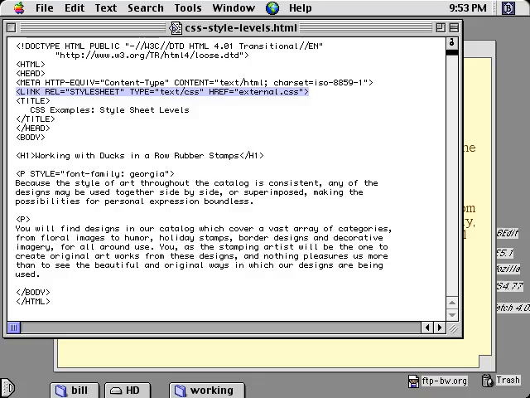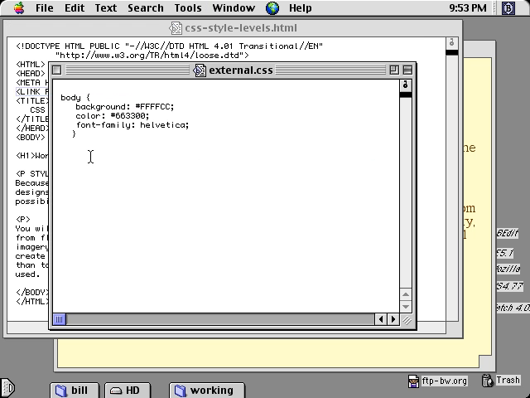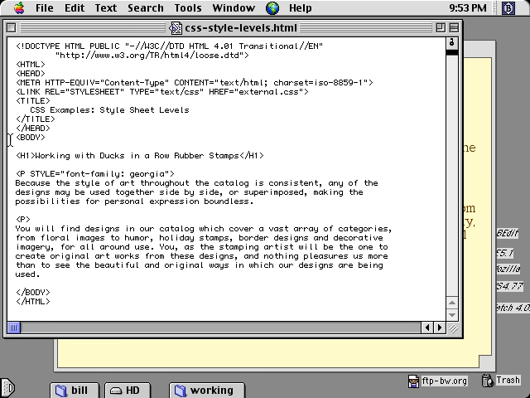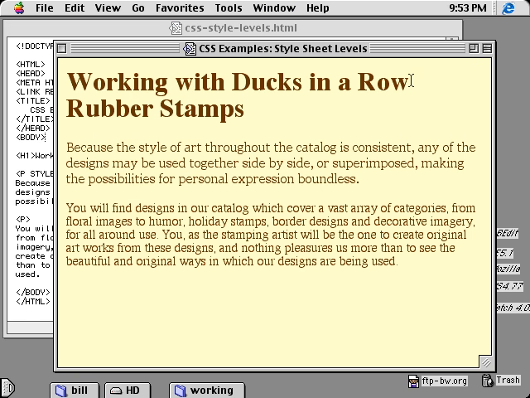Using the link tag, you're referring to an external CSS style sheet with an href attribute and the file name. So here we have that external style sheet, which basically has the same styles we had put in the body tag before. And our body tag now has nothing in it again. If we look at the document, which is titled CSS Examples Style Sheet Levels, in our browser,